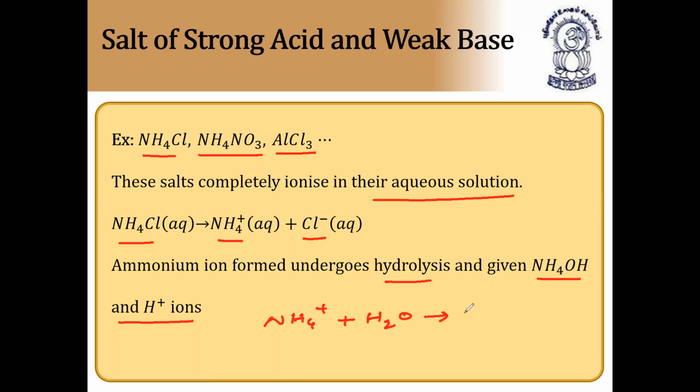It undergoes hydrolysis and forms ammonium hydroxide, a weak base, and H plus ions, a strong acid. So that's why it is again giving a weak base, that is ammonium hydroxide, and a strong acid, that is H plus ions. So this is called salt of strong acid and weak base. And what type of hydrolysis we will call this, that also I'll tell you. Please note it down. So when ammonium ions combine with water and form ammonium hydroxide,